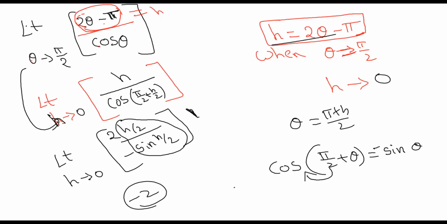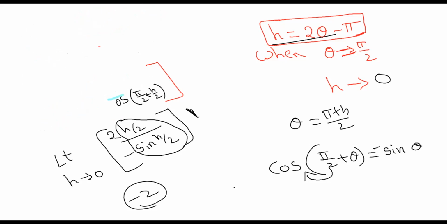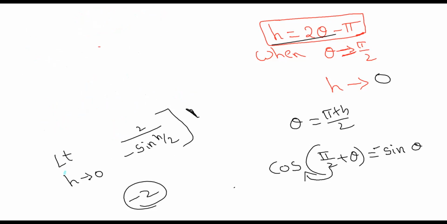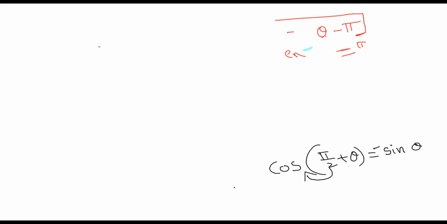For doing this, you have to know the trigonometry conversions from one trigonometric ratio to another. That we will discuss. I think in today's class there are many doubts, like how cos of pi by 2 plus theta is converted to minus sine theta. I will explain them in the next class.